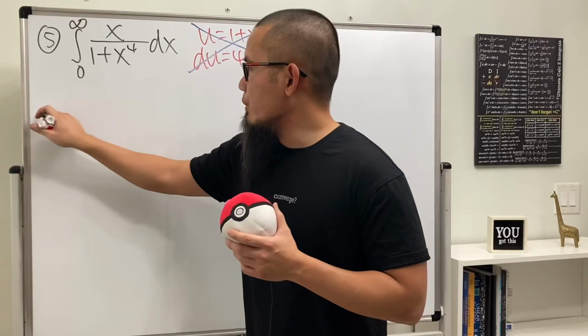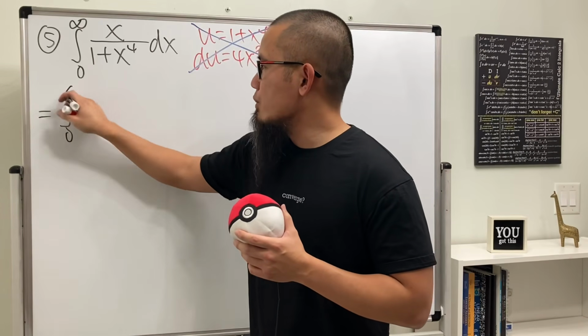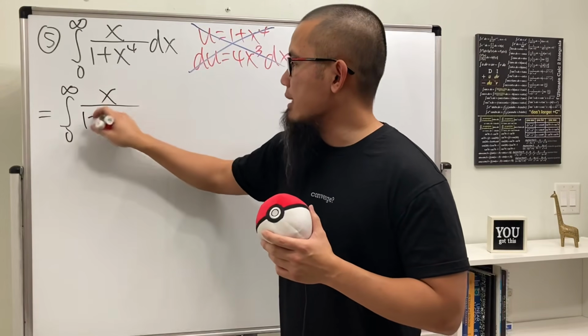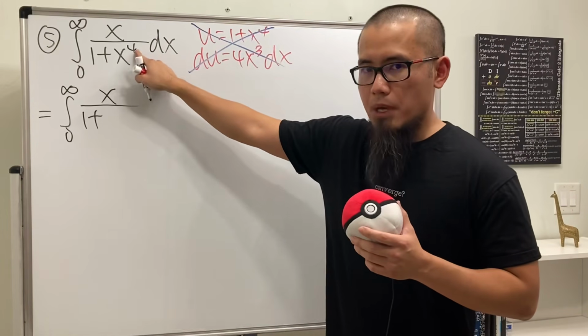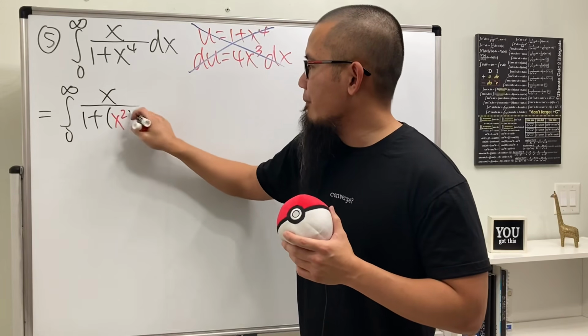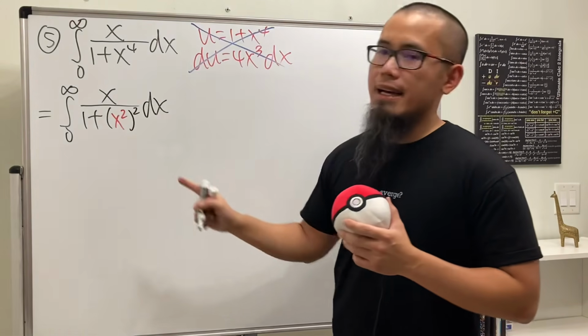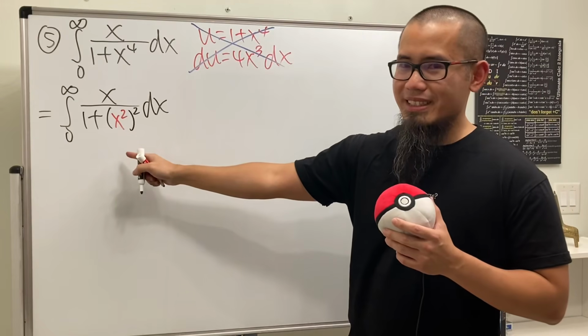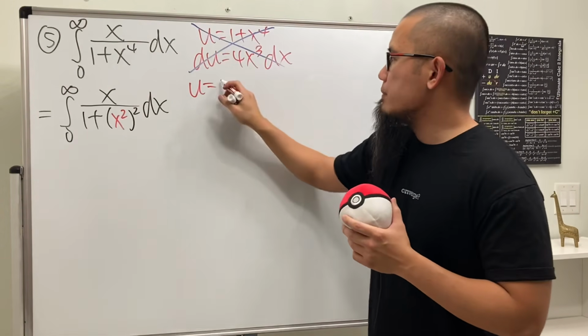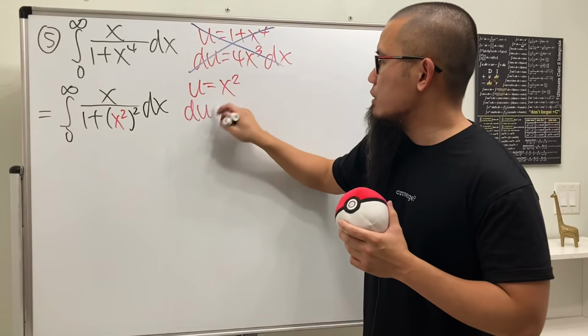Here's the deal. We look at this integral going from 0 to infinity. X on the top over 1 plus, instead of x to the fourth power, let's look at that as parentheses x squared and then square. Ah, much better, right? Because this way we can just let u equal x squared, and then we see du is just equal to